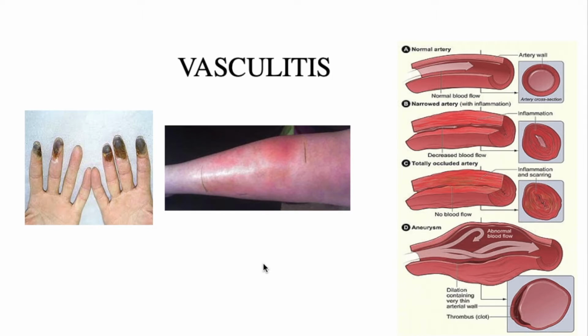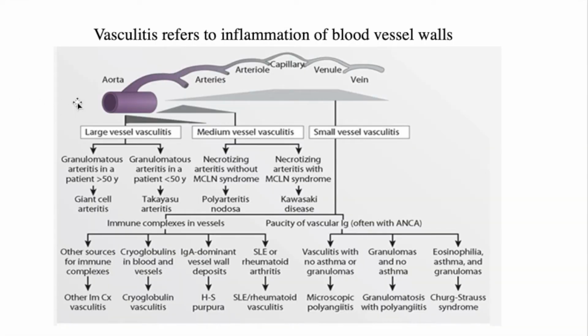Once the blood vessels become inflamed, they are liable to get occluded, or they may rupture, or they may develop thrombosis, and ultimately the caliber of the affected blood vessel will decrease, and that will lead to a decreased ability to deliver oxygen and other nutrients to the respective tissues and organs. So, vasculitis can present in the form of inflammatory blood vessel destruction.